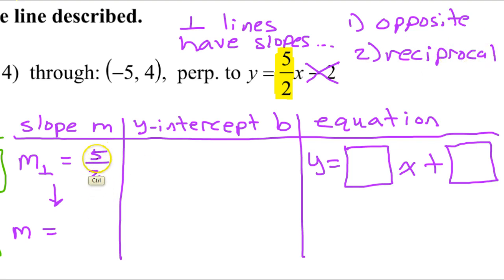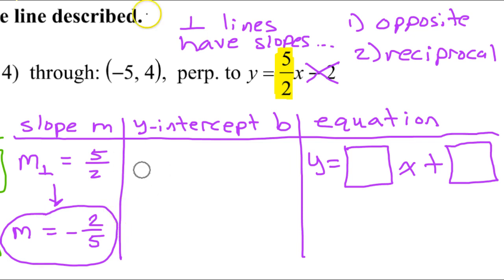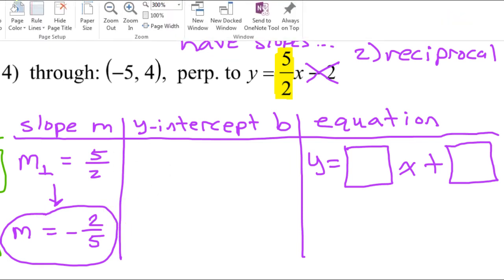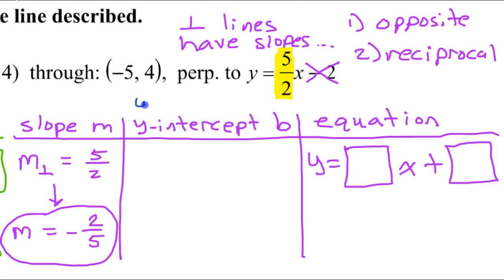Okay, reciprocal means if the perpendicular line has slope 5 over 2, then the slope we're going to use will involve 2 over 5. Okay, that's the reciprocal part. When I say opposite, I mean opposite sign. So if one line has a positive slope, then the other perpendicular line will have a negative slope. So in that way, we can come up with the slope of the line whose equation we are trying to find. Okay, now that we have the slope, we can go on and discuss the y-intercept,